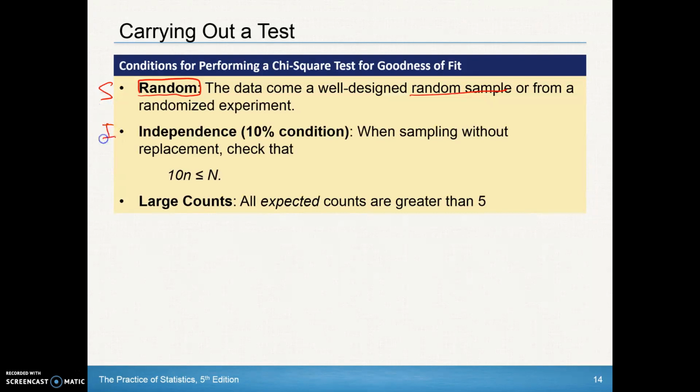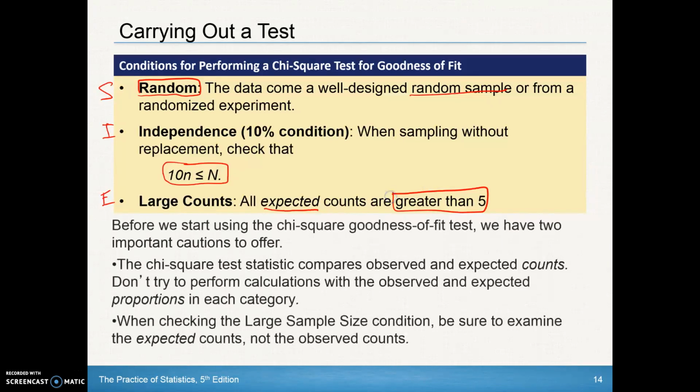Independence, you still want to establish that when sampling without replacement. We've got to check that 10 times our sample size is less than or equal to our population. But then our last one is not a test for normality, because the chi-squared distribution is not normal. So what we need to do is check our expected counts. And again, that stipulation that all our expected counts are greater than 5 is what we check in that portion